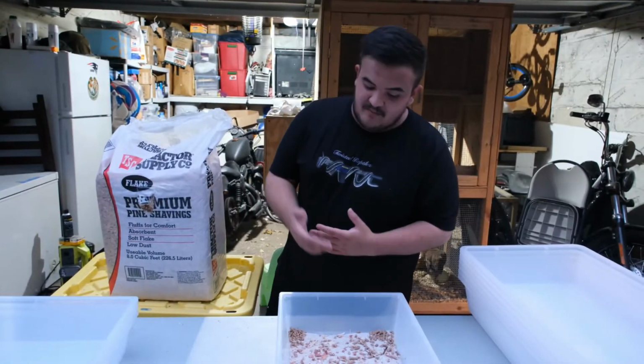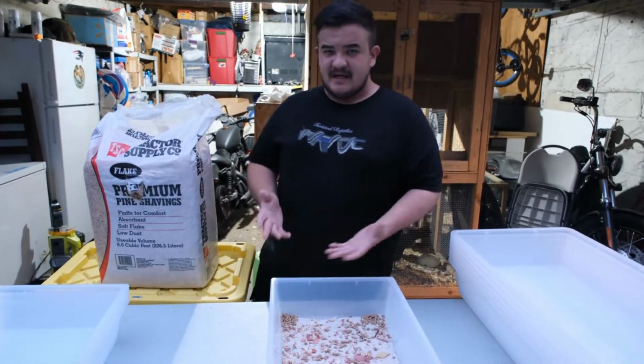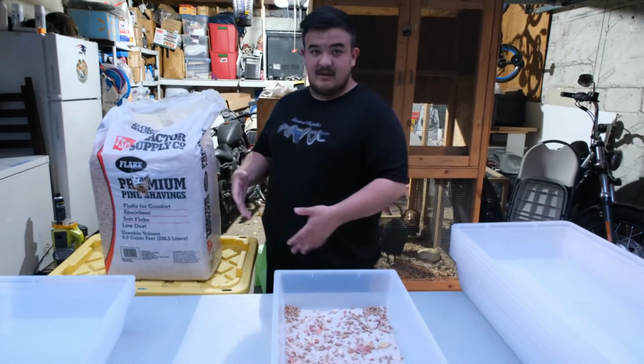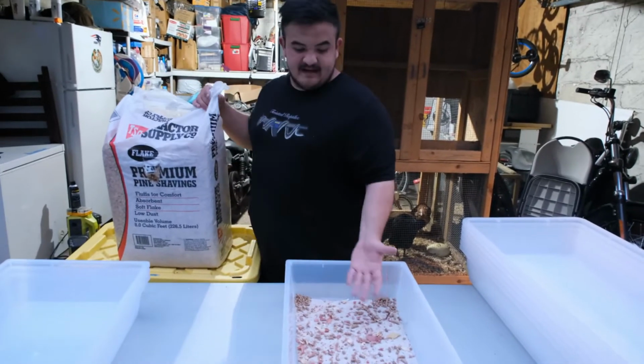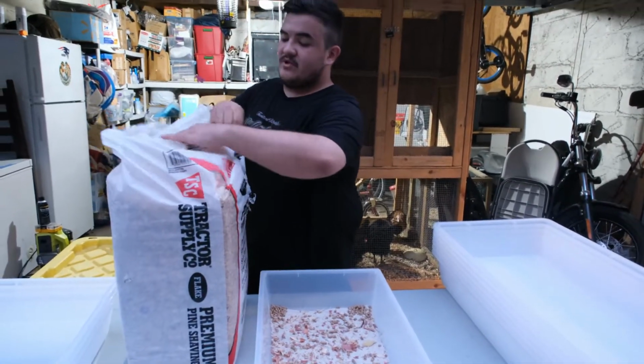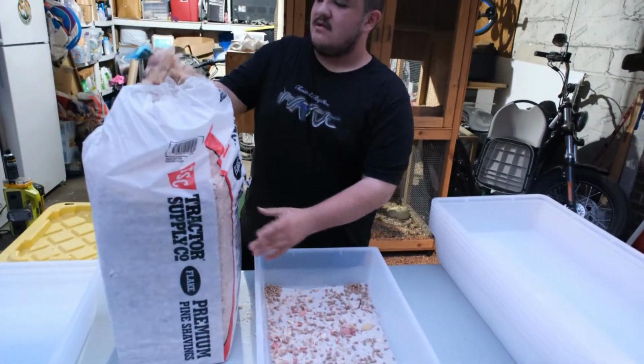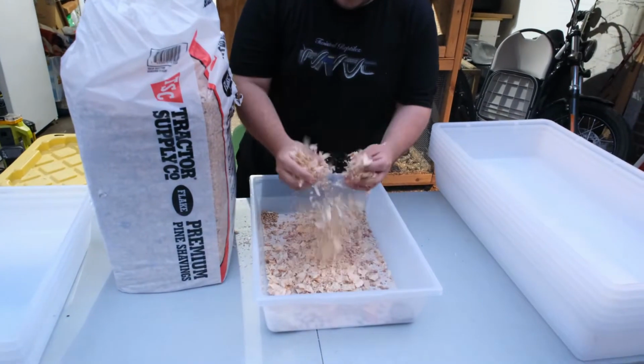Alright guys, so now we put in our cedar, we put in the pellets, we put in the refresher, and now it's time for the bedding. This is when we start going crazy. We gotta put a lot of stuff in there because we gotta pack it. There's not enough bedding in there. So what we're gonna do is start taking fistfuls. So let's get to that. Take a nice chunk, just spread it around,